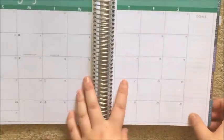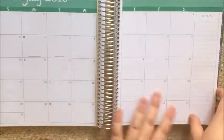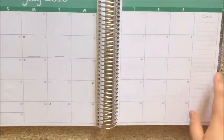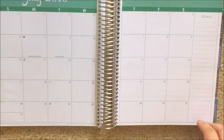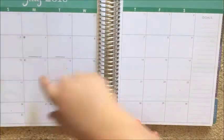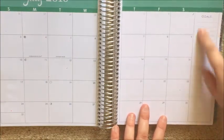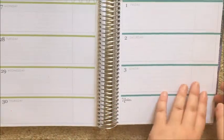Next up is the horizontal. Again, I'm just going to show you the blank layouts that I have here. So this is for July. It's basically the same as the vertical, except the color blocks come right to the end. The colors are a lot more muted and understated. There's no decorative elements on the side here. And then this is the layout. I'll show you a full